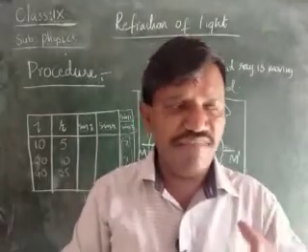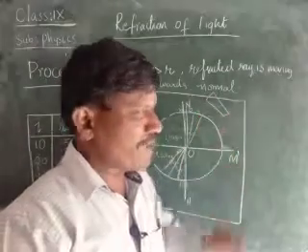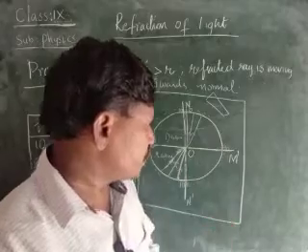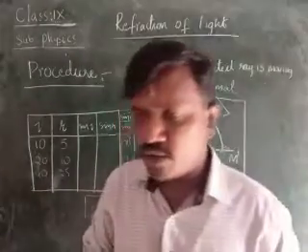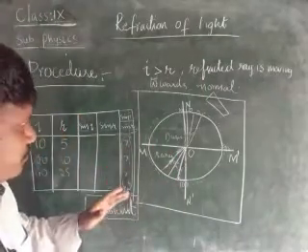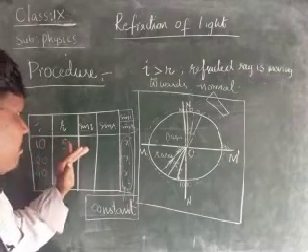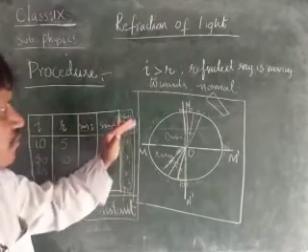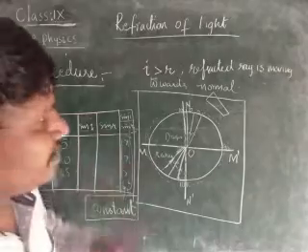Okay, children. In the same way, if we are not able to see the laser light clearly, we should place a black color wooden plank or black color sheet, such that we can see the light. Then afterwards, we should note down the angle of incidence and angle of refraction. Find the sine of the angle of incidence and the sine of the angle of refraction. Then find the ratio of the sine of angle of incidence and the sine of angle of refraction. Next, we write the observation, children.